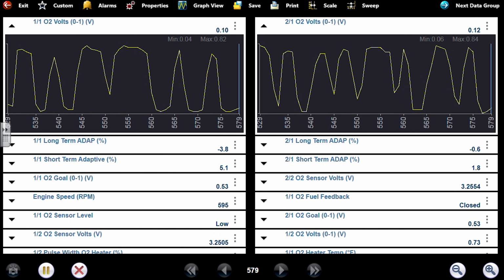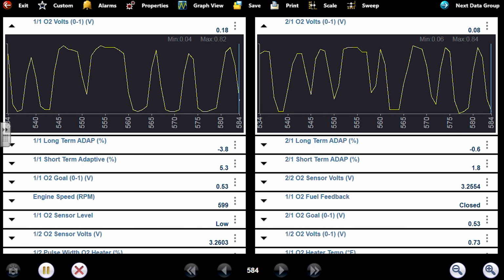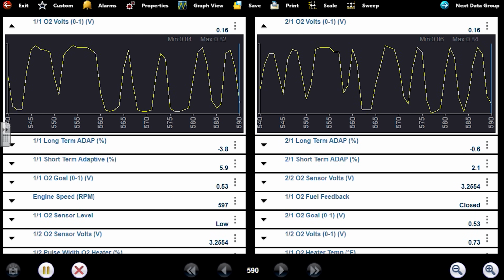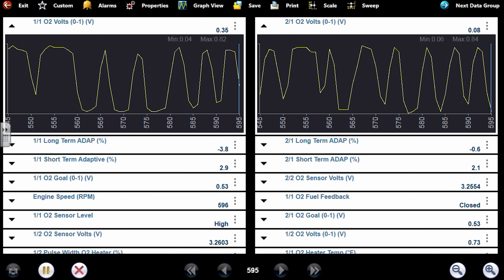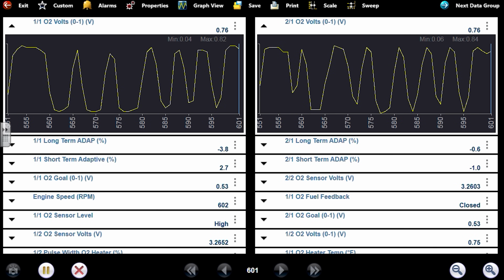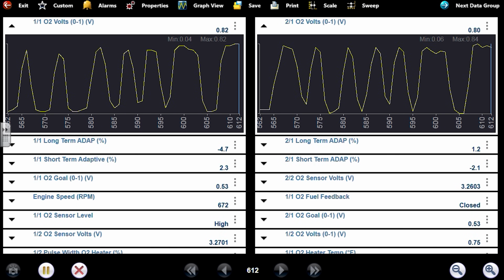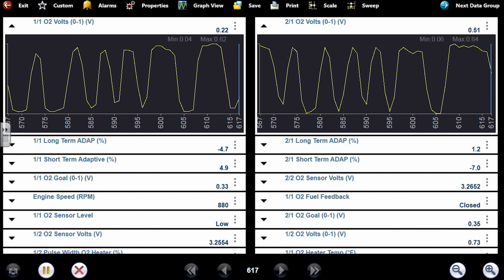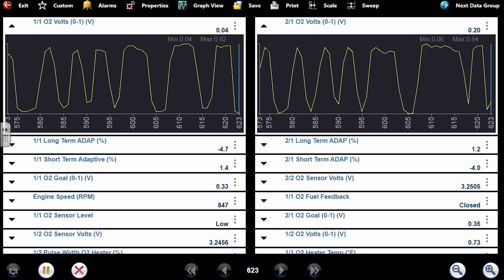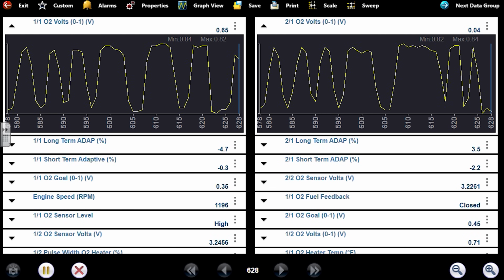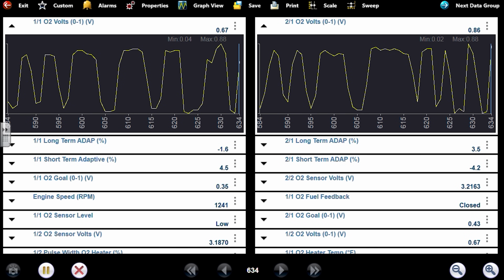These O2 signals look bigger now because I exited out of the data and it readjusted the min-max scales. That's all that is right there. I need to see this thing act up on me. What we're gonna see first is that O2 sensor for sure on bank 2 sensor 1. That's on the right-hand side. It's gonna go lean,